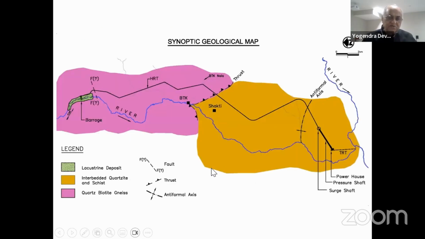This is the example of a particular project where the tunnel is about 24 kilometers long. And in a short visit of a couple of days, say about 3-4 days, an expert can simply find out what the major issues are. Like at this project, there is a thrust here, the main thrust. There is a good rock type on this side, which is all gneisses. There is an intermediate sequence of phyllite and quartzites on the downstream side. There is an anticlinal axis here. All these features, and the most important thing is a buried valley here, and you've got the lacustrine deposit where the headworks is to come.